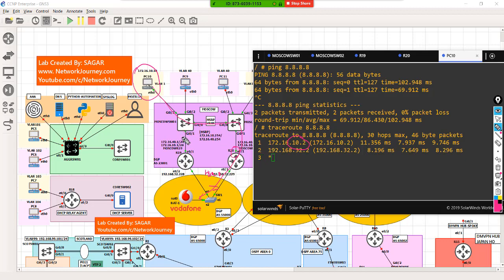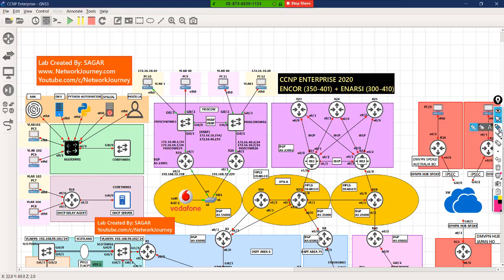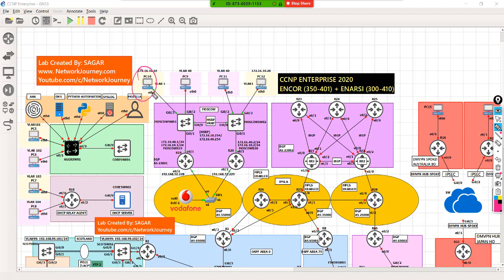So it's giving you redundancy in your network design. Let's say in a non-HSRP scenario, the gateways were pointed to this physical IP and it used to take this path.